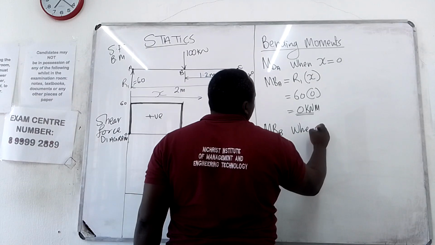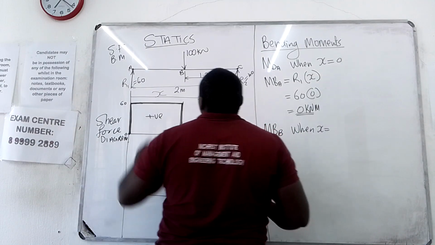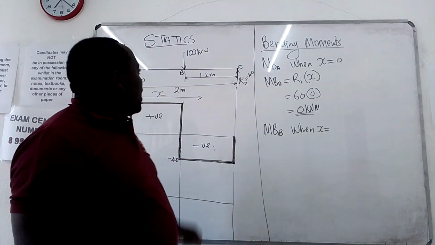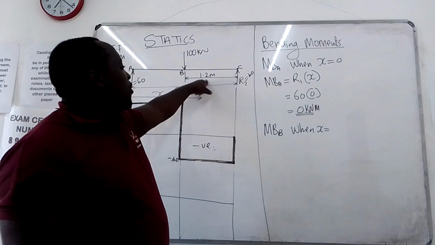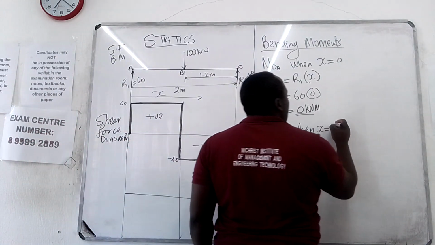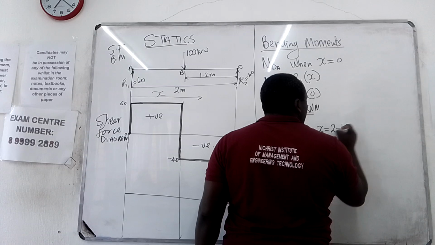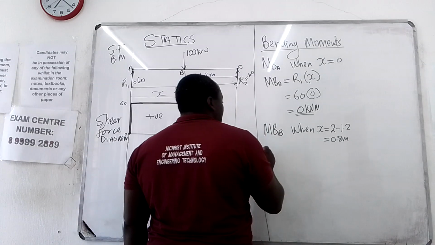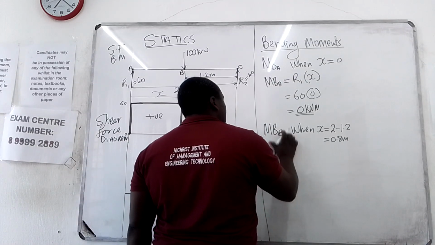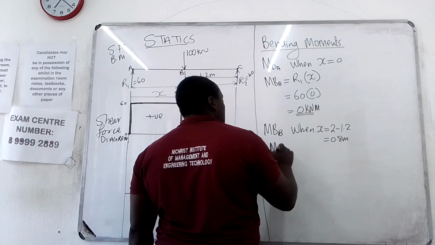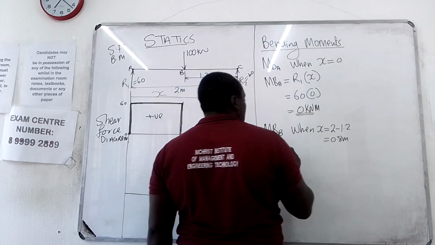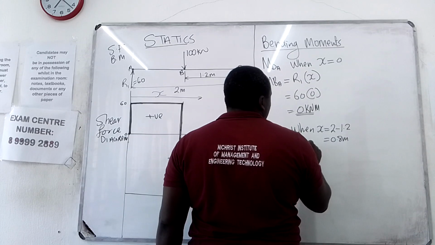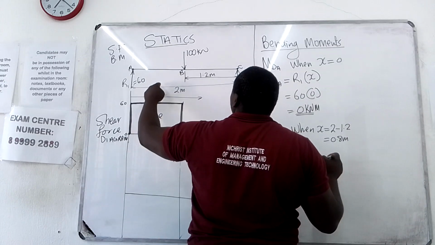Now we say bending moment at B when X is equal to, at B, X will be what? 0.8. At B, X will be 2 minus 1.2. It will be 2 minus 1.2, which is 0.8 meters. So therefore, bending moment at B is equal to 60 times